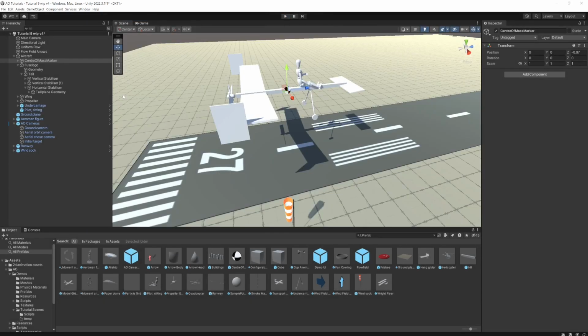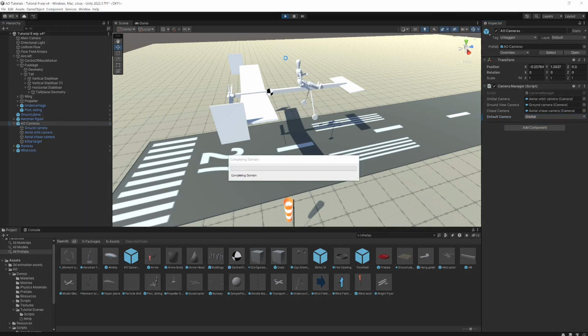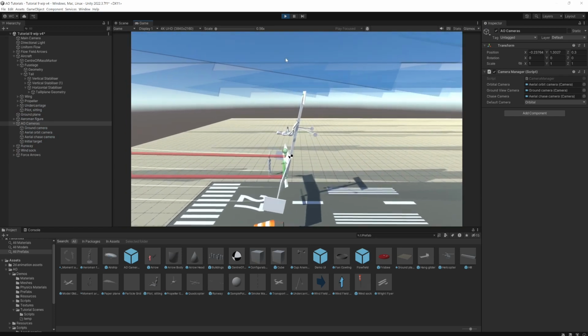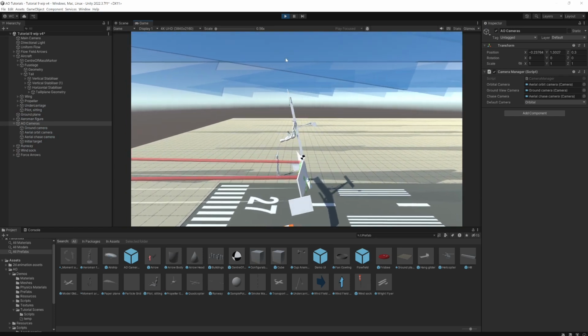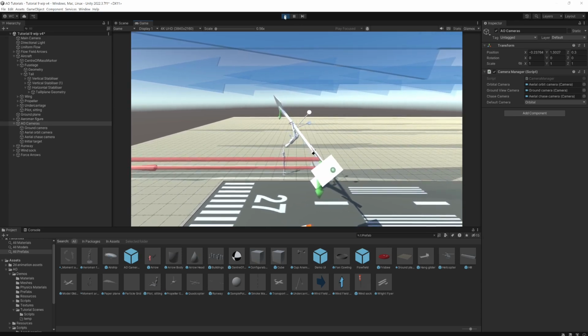How can we make it really, really sporty? Let's move the centre of mass back even further. Let's move it back to about there. And cameras, I'm going to set default camera as orbital. Oh, okay. So I think we've overcooked it there. As soon as we hit play,